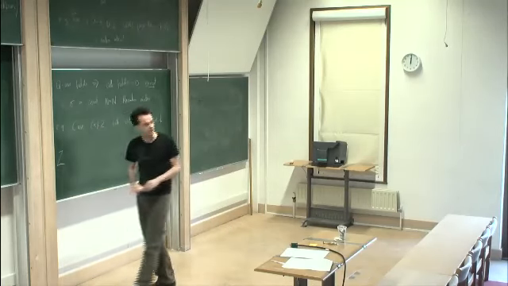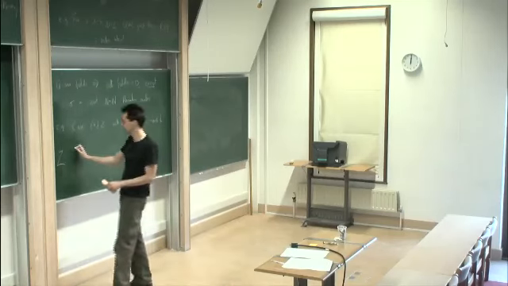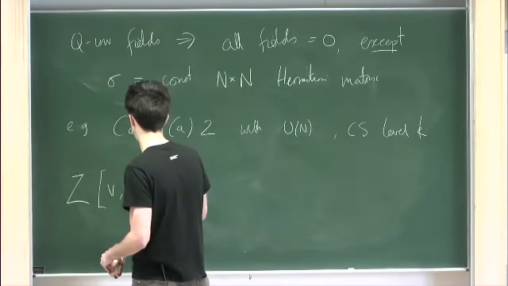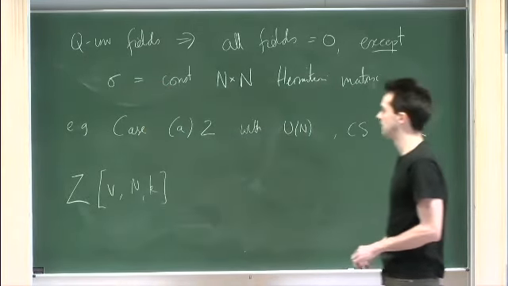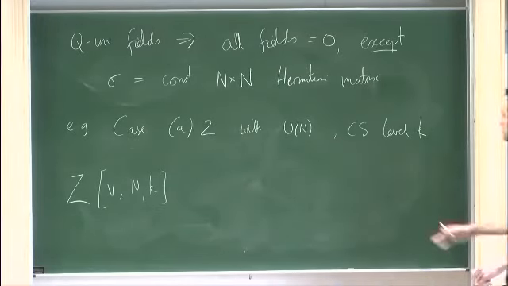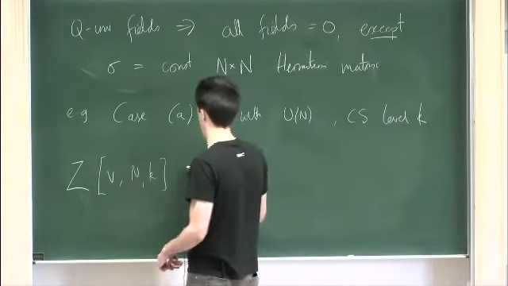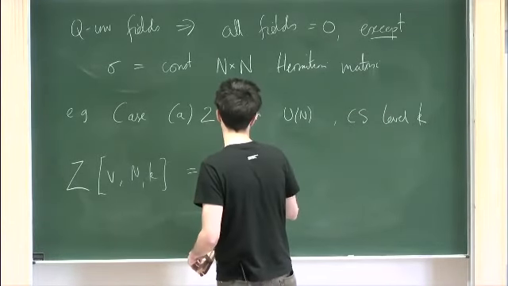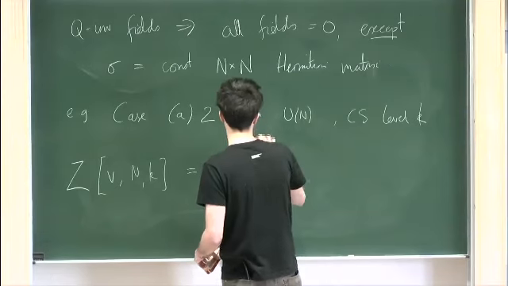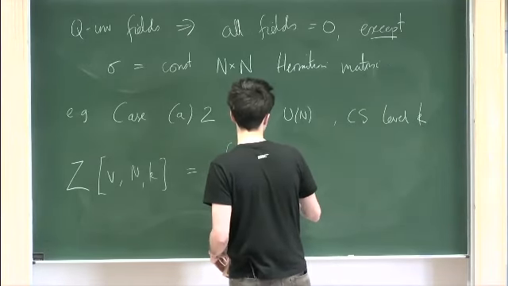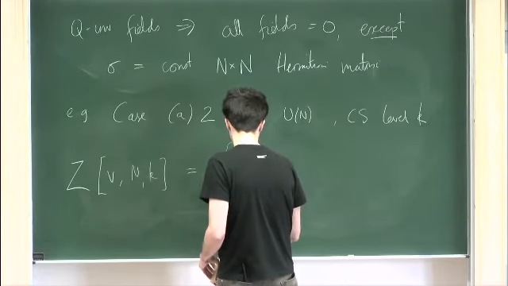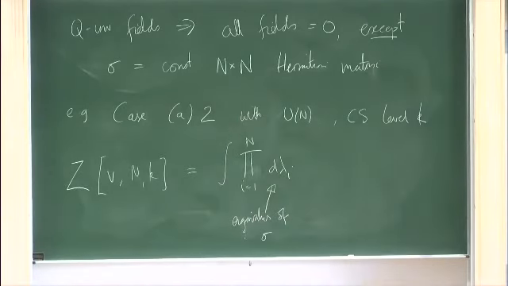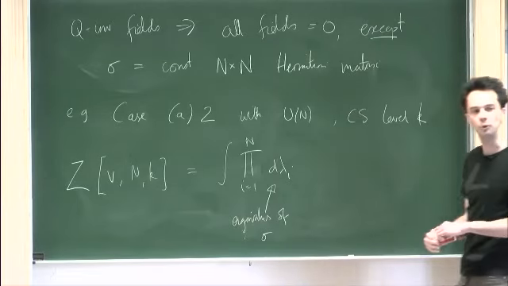Then you get some partition function Z. It's going to depend on the squashing parameter, v. I mean, it also depends on N and K, plus also what matter you decide to pick exactly. But anyway, it's a function of those things. And this ends up being a matrix integral: product over i equals 1 up to n, d lambda i. These are the eigenvalues of sigma. It's an n by n Hermitian matrix. It's got n real eigenvalues. I've called them lambda i.